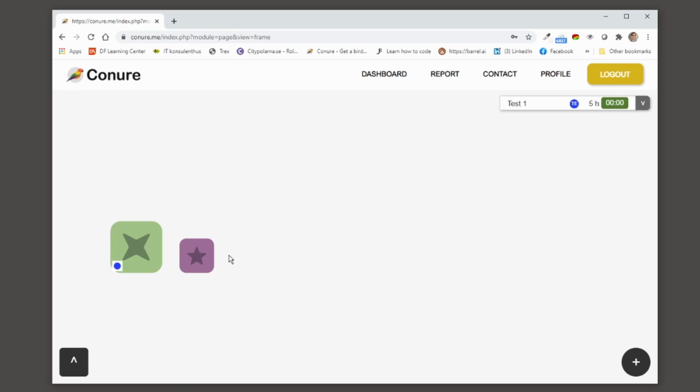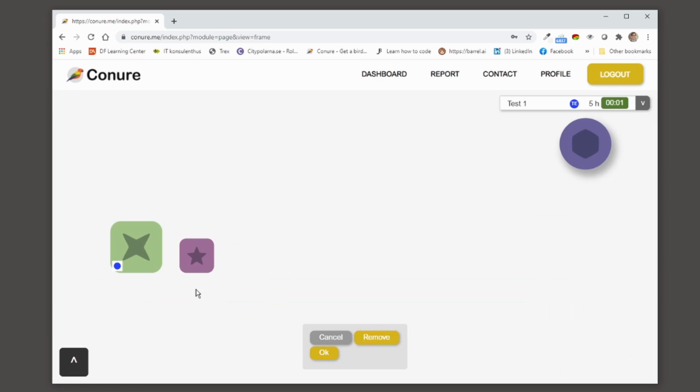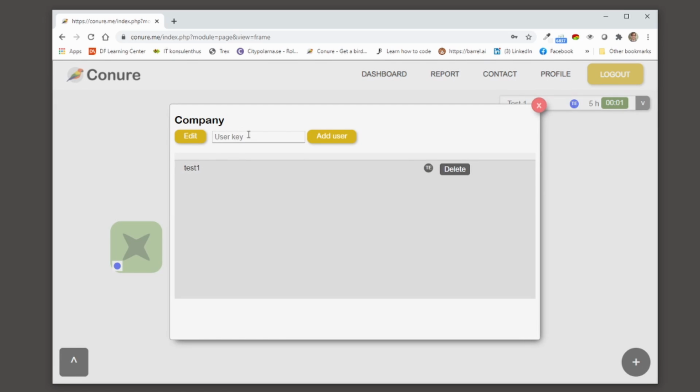Now we can also create a group. So let's try that. This is my company or my business, and I want this to be that icon, and it could stay there. And we make it large and save. And now I got this circle, and the circle represents a group. And I can go in here and add users, but I need a key and I need